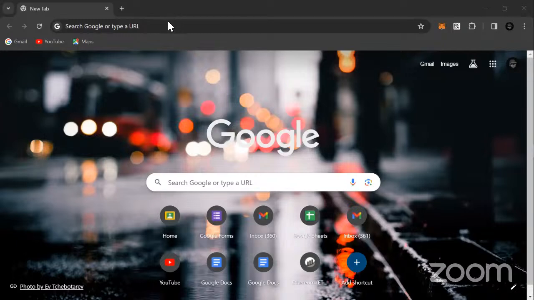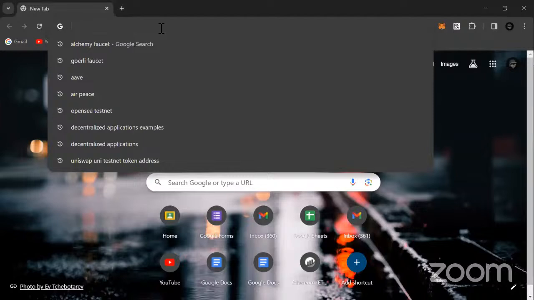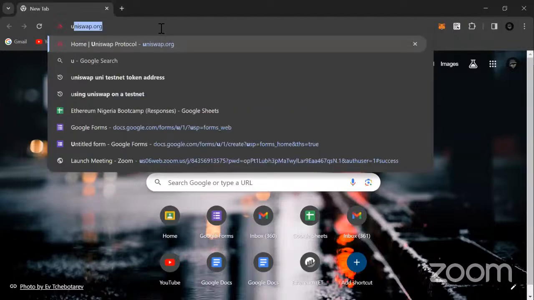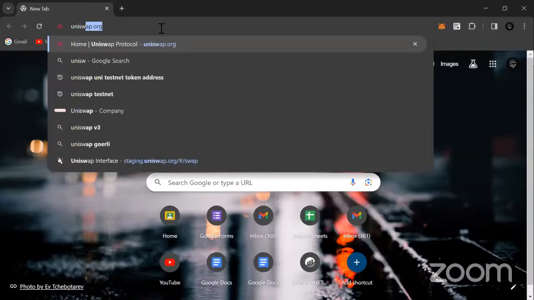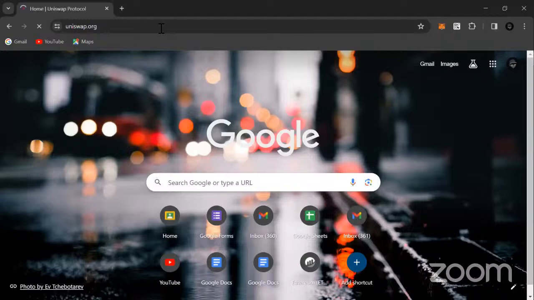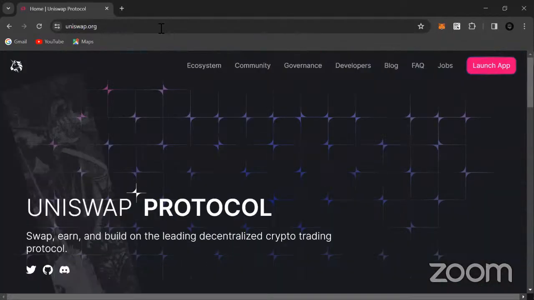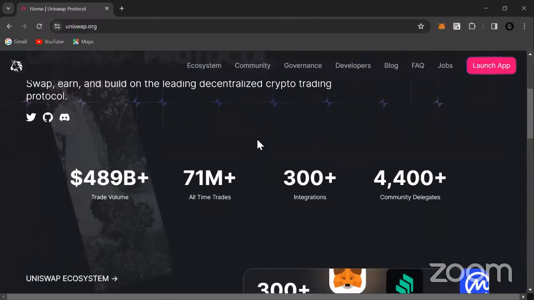To use the decentralized app, you go to uniswap.org. It's the platform that allows you to swap different tokens. They have a lot of information here.